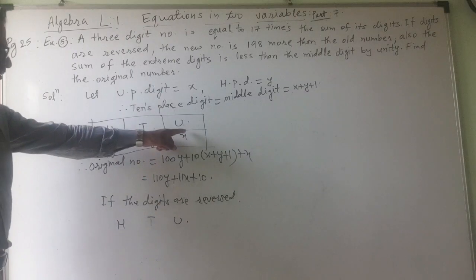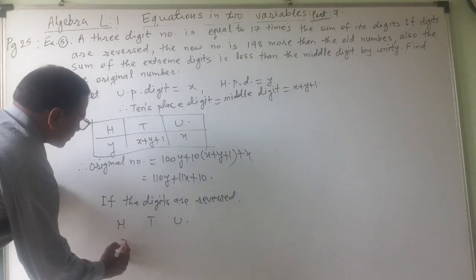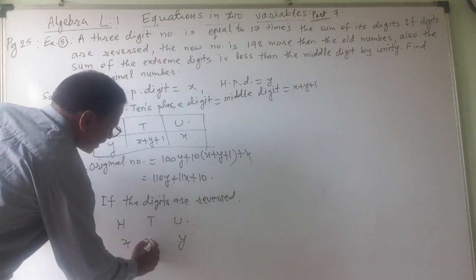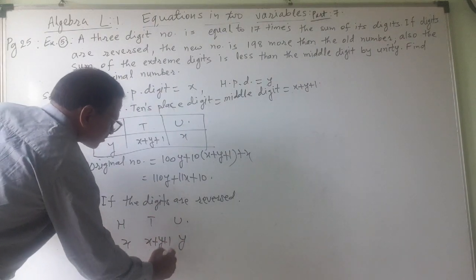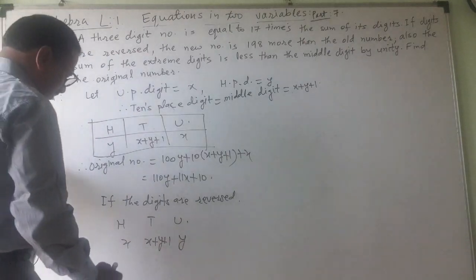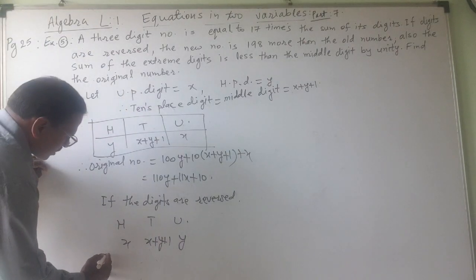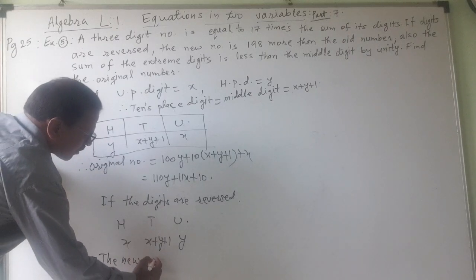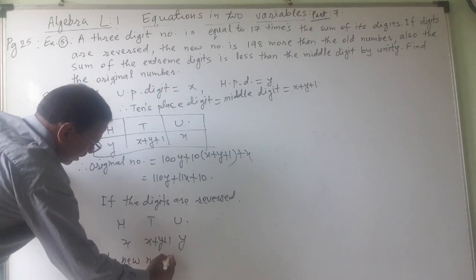They are reversed. It means x will come here, y will go there, and the middle will be as it is, x plus y plus 1. The new number is,